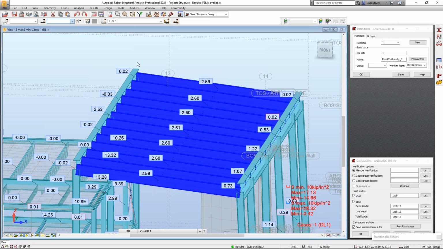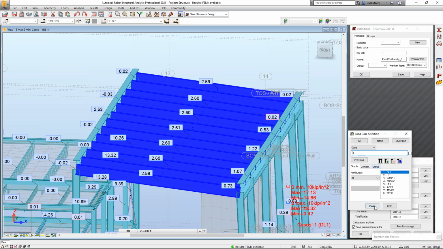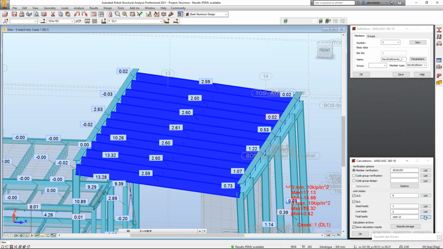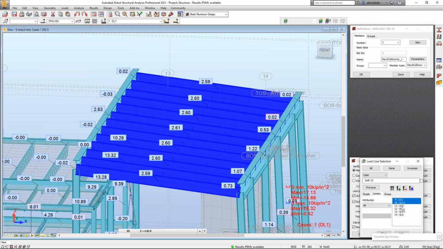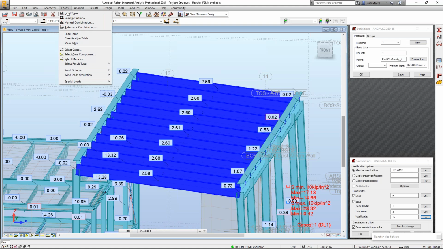Copy, paste here. And so here I will select my ULS. Because you have create automatic combination, you don't need to do it like that, but I prefer to do it. Here, my dead loads. Okay, live loads. And total. Okay. So you don't need to, but